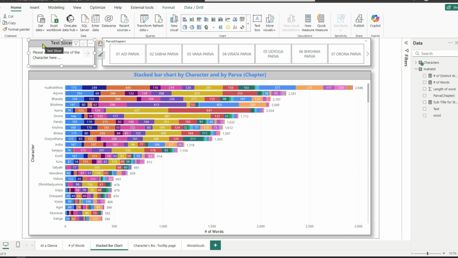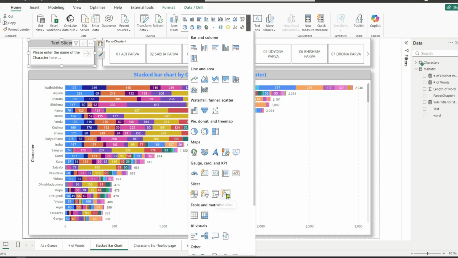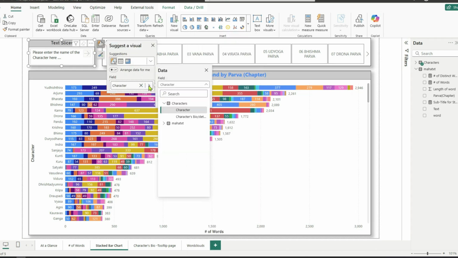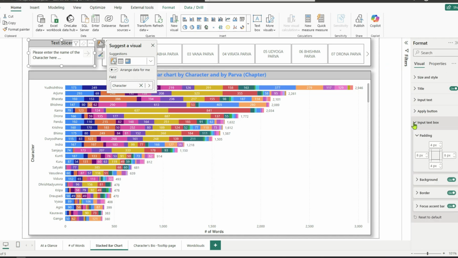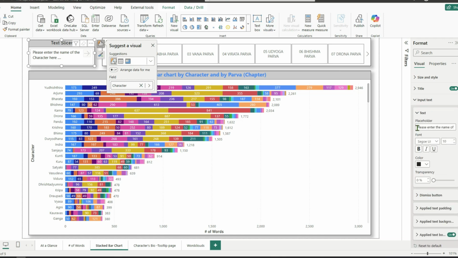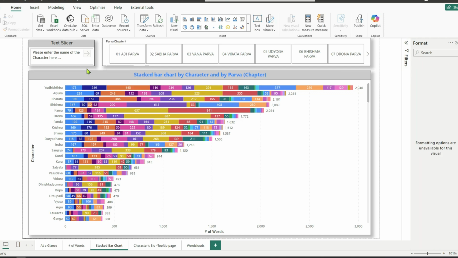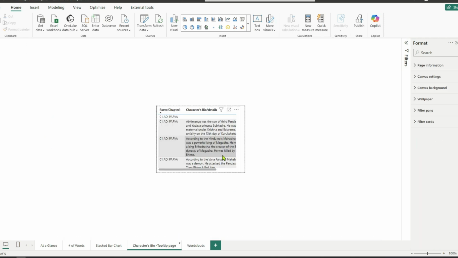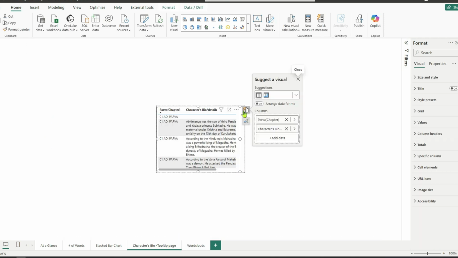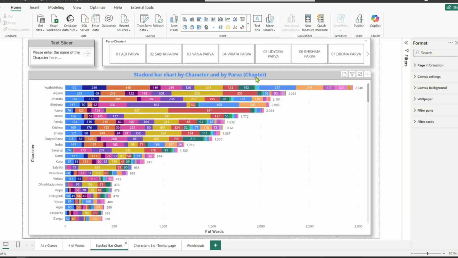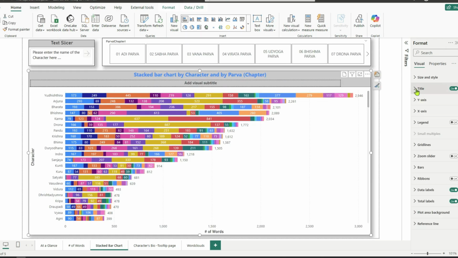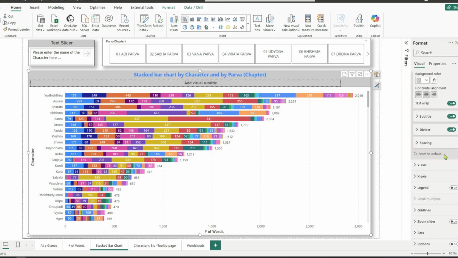So now that we have done that, I went ahead and added more stuff to the stacked bar chart. I've added a text slicer, as you can see on the left side, and I've made changes. I've created a title and also formatted the visual, and in that input placeholder, I've added the sentence, please enter the name of the character. And to the tooltip page which we created earlier, I've added another column, parva, so that if you hover over any of those bar chart values by character, Yudhishthira or Arjuna, you can see in what parvas those names